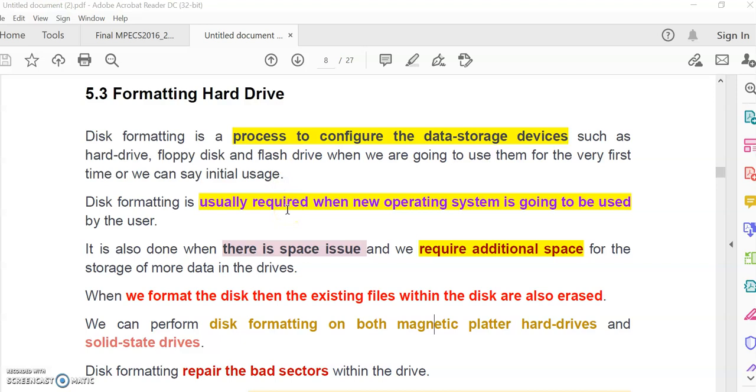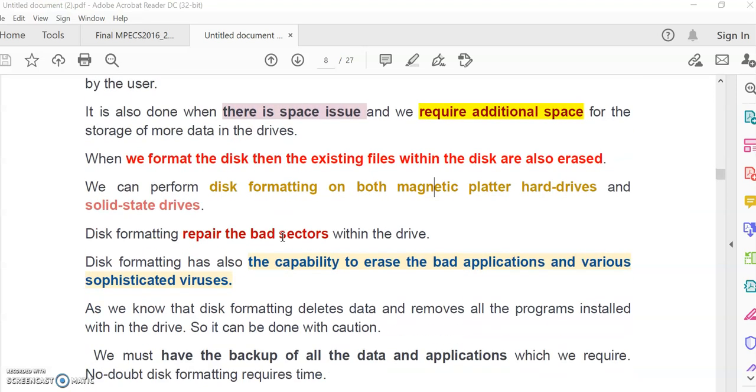C drive normally contains your operating system data, and D and E drives contain personal information data. Depending on that you can partition your hard drive into different logical spaces, and one of those drives contains your operating system data.